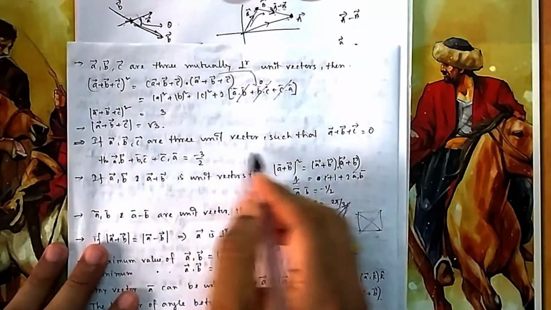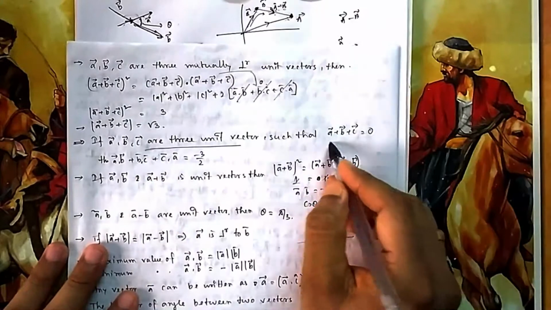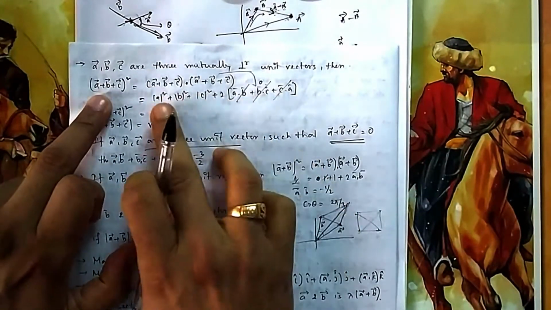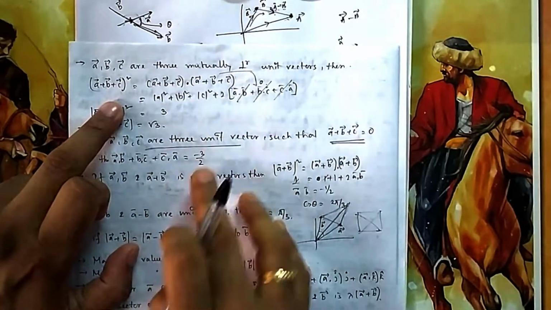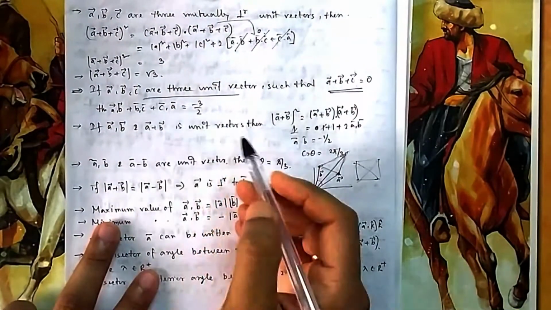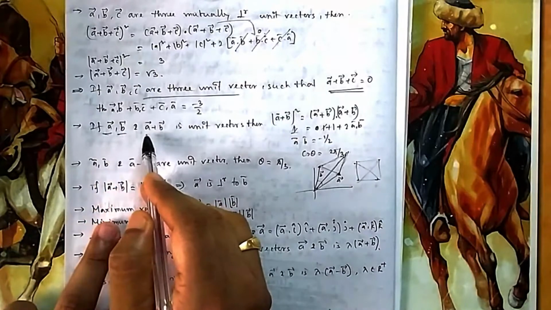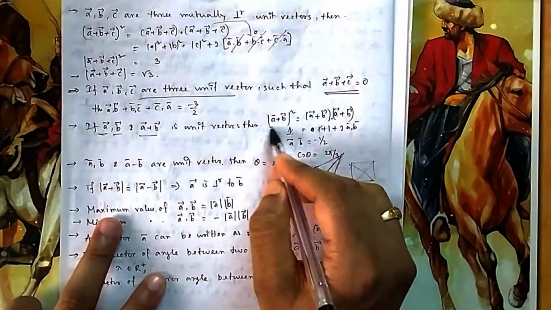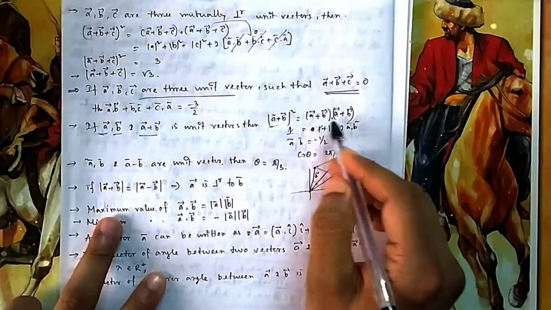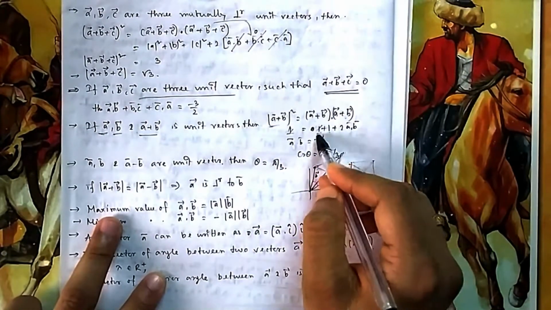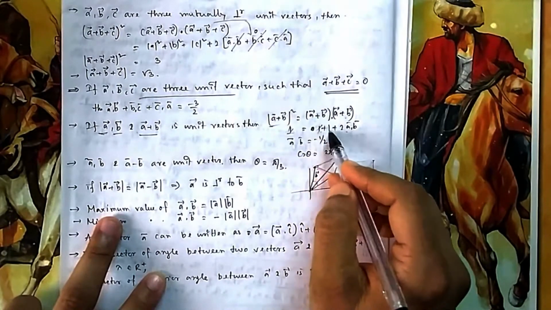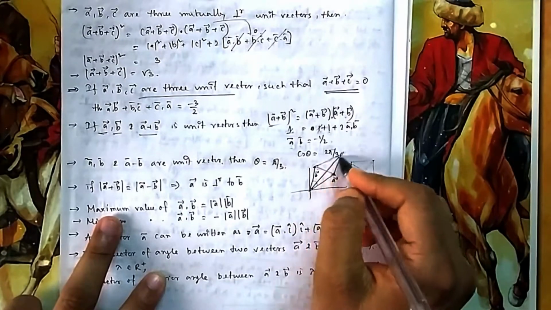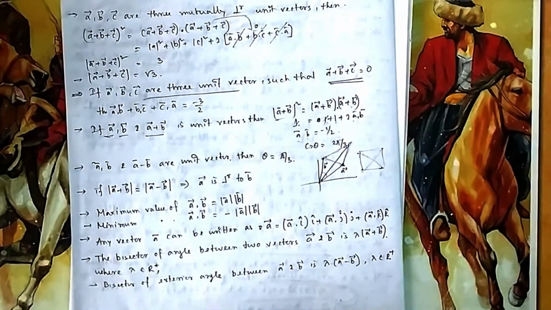Now they are not perpendicular, they are only unit vectors. So you apply the same thing here: this square is equal to this, now this side is 0, this is 1, 1, 1, so minus 3 by 2. Now a, b and a plus b are unit vectors. a is a unit vector, b is also, and a plus b is also a unit vector. So mod a plus b whole square is a plus b dot a plus b, which is a square plus b square plus 2 a dot b. This is 1, this is 1, and this is also a unit vector, so a dot b is minus half. Minus half means the angle between them is 2 pi by 3, that is 120 degrees.